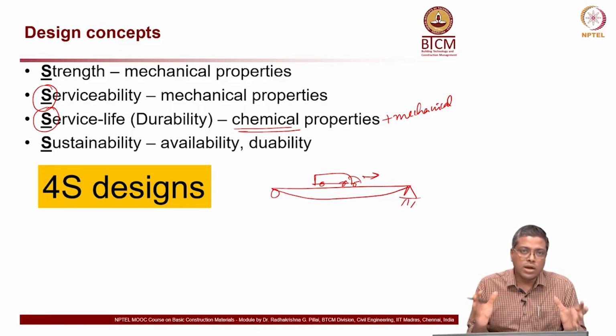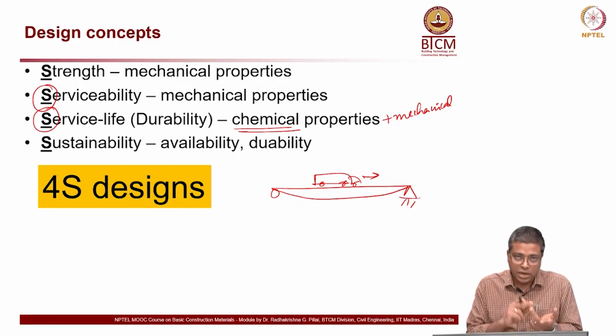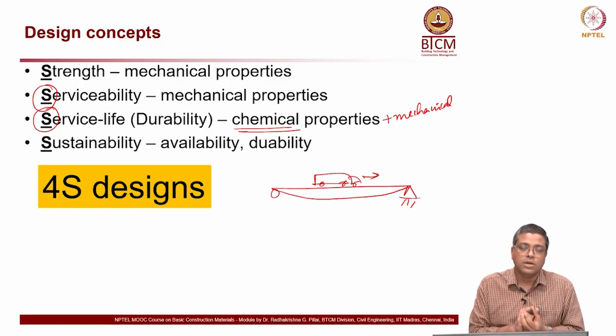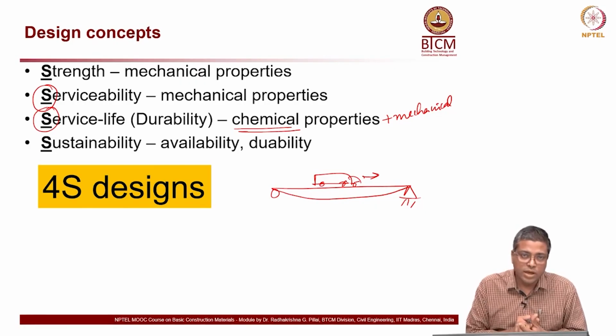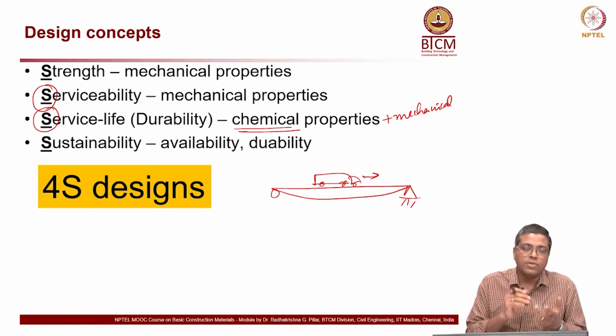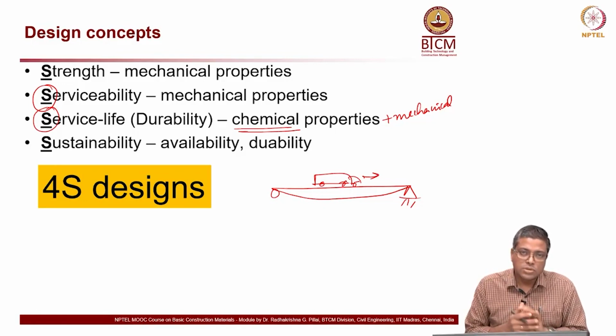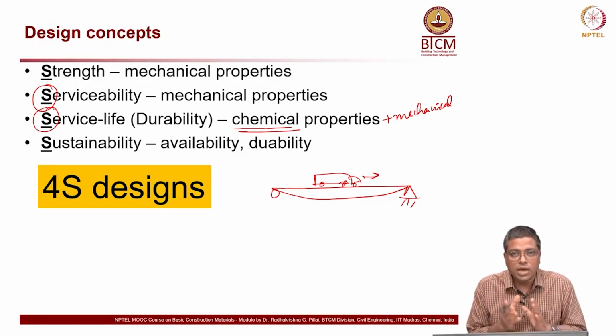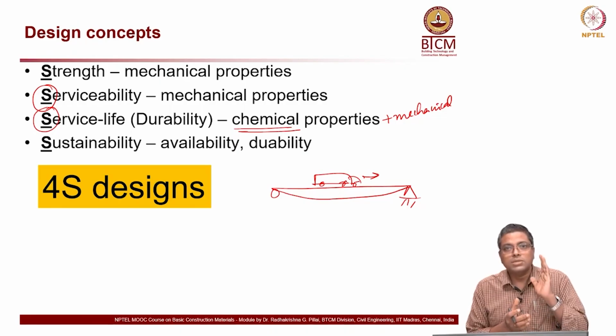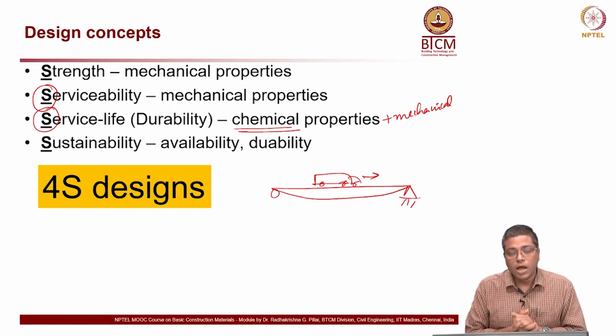So, it is essentially service life based design or durability based design. If you want a structure to last for 100 years, you will see what type of concrete will give you 100 years, what type of steel will give you 100 years, like the steel concrete combination will give you 100 years of life. Or if you want the structure to be built only for 20 years of life, you can decide it accordingly. You do not need to then use a material which will really last for 100 years. So, these are all the concepts. While designing something, you should know what service life is required, how long you want the structure to last, and then you select your materials accordingly.